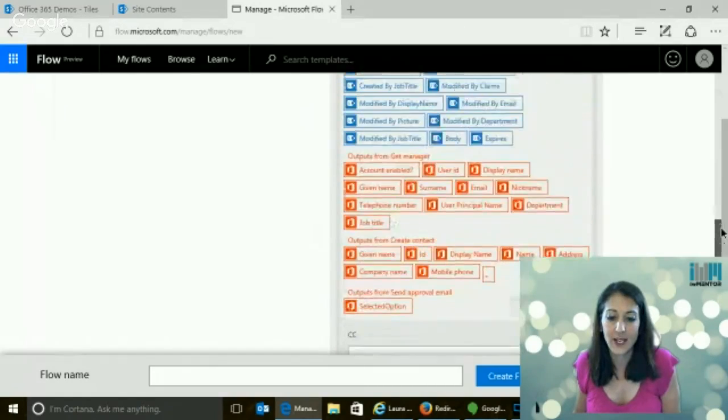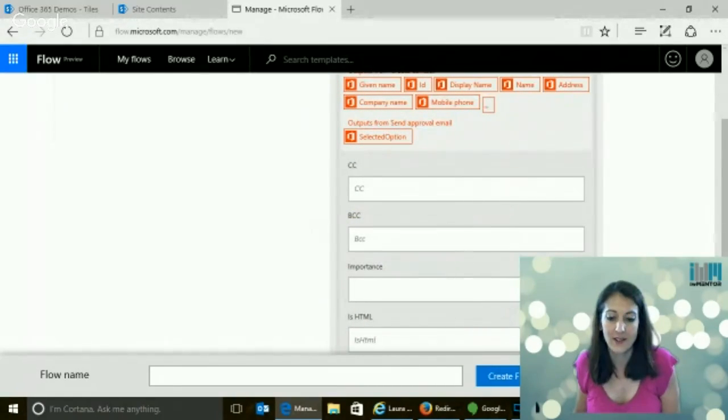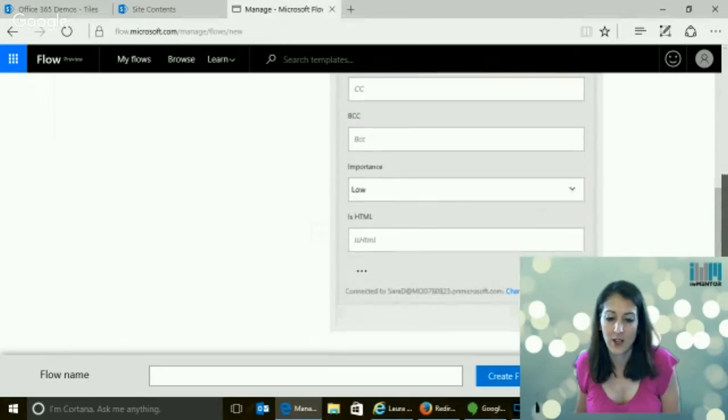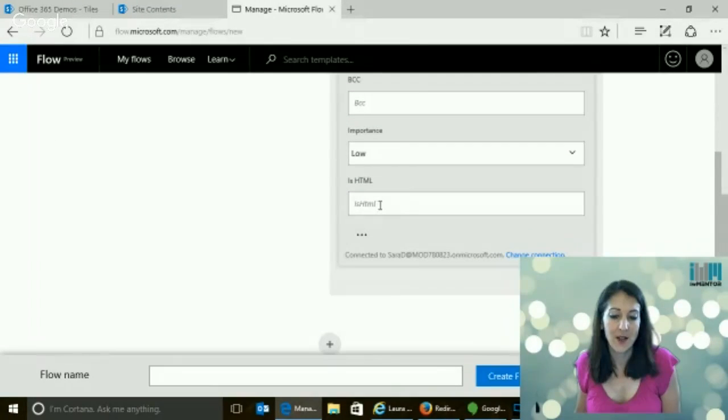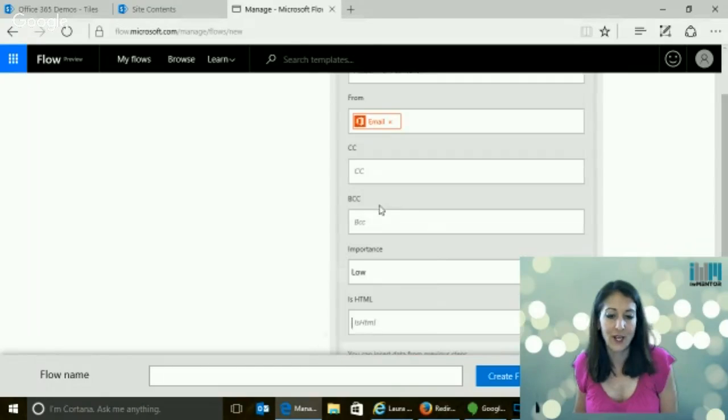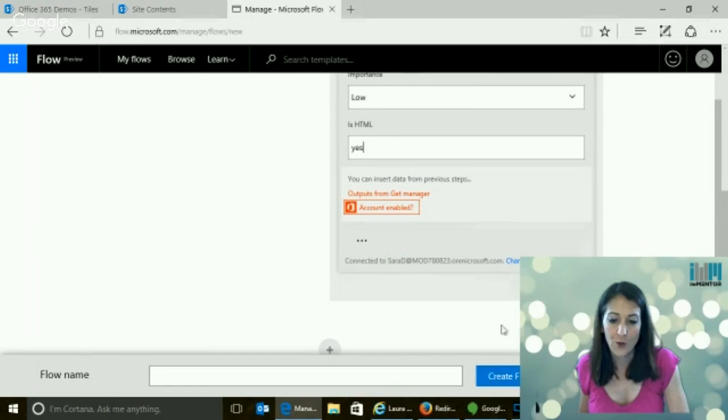All right, so I can say who it's from. I can CC, BCC, etc. Low importance, I don't know. And then whether it is HTML, that's a yes or a no. And if you type the wrong thing in here, or no, it's not yes or no, it's true, false. If you type the wrong thing in here, it will tell you when you try to